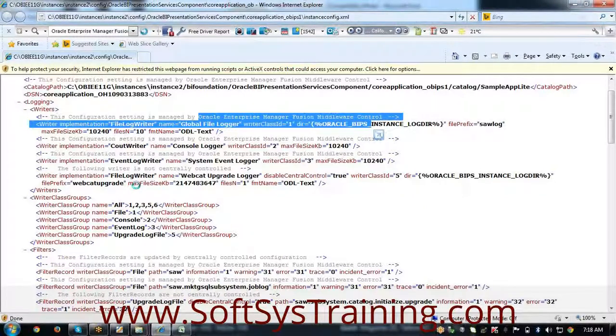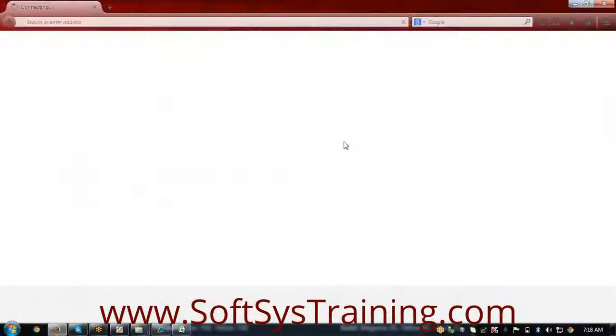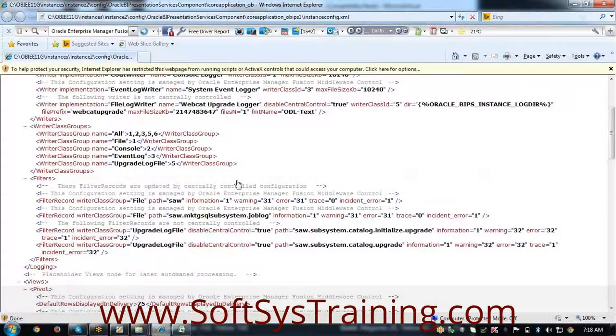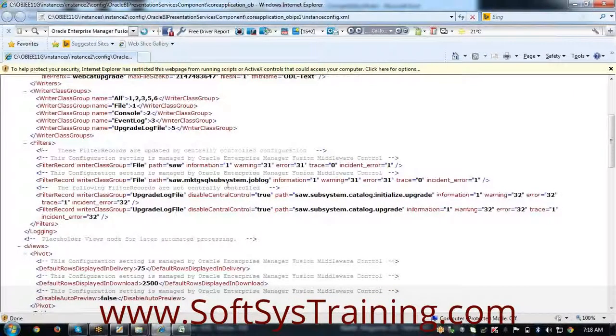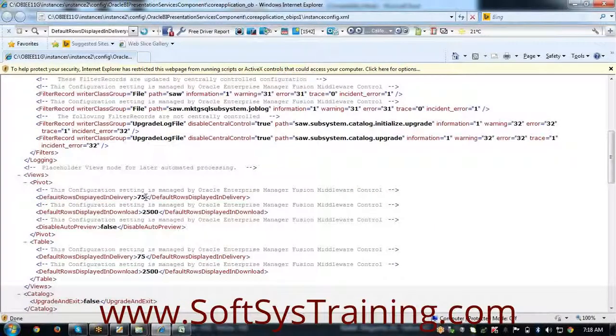We are not worried about the writer class groups and all. So here, default rows display delivery: 75 rows will be displayed by default. What is the number of rows to be downloaded for a single table? 2500. You can of course change these default values.